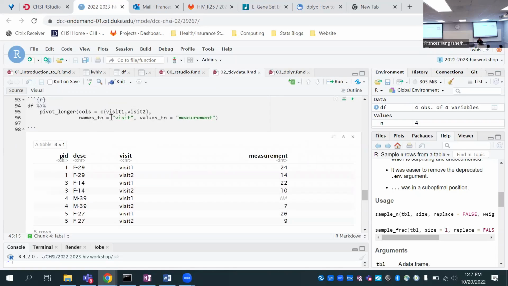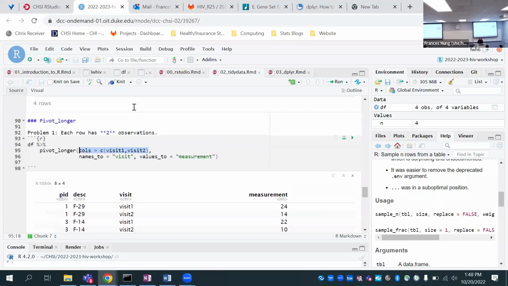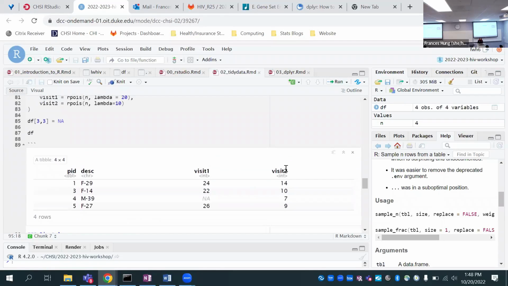And what this pivot longer command does is that it first selects which columns to pivot. In this case, this is columns visit 1 and visit 2. And once it knows what columns to pivot, it's going to take those columns and look at their titles, in this case, visit 1 and visit 2.